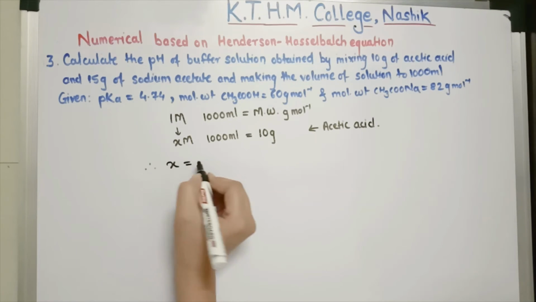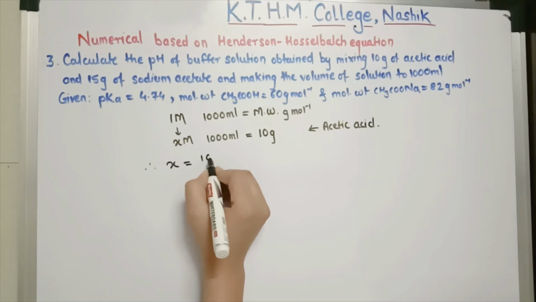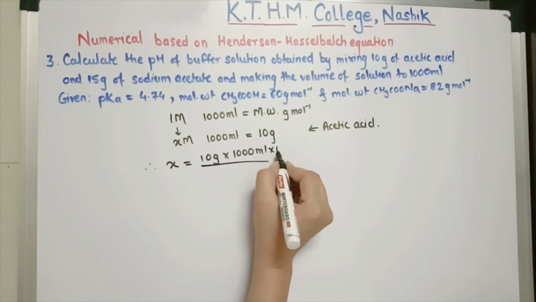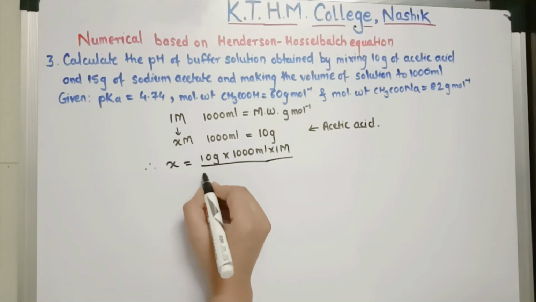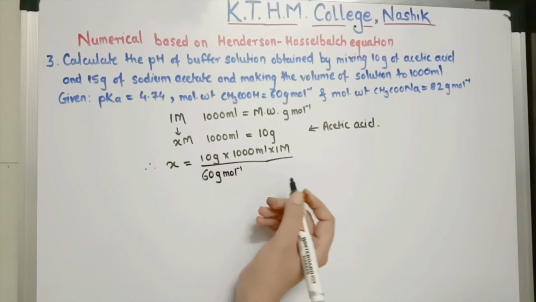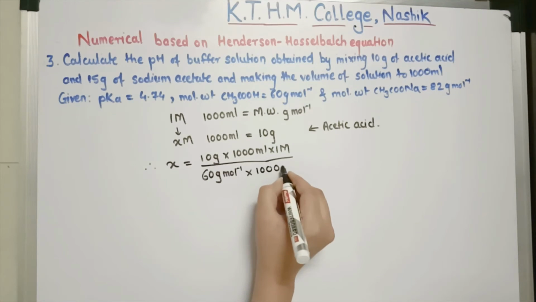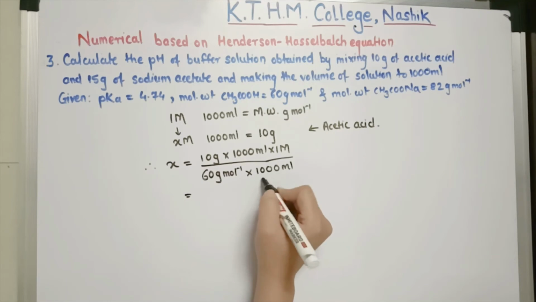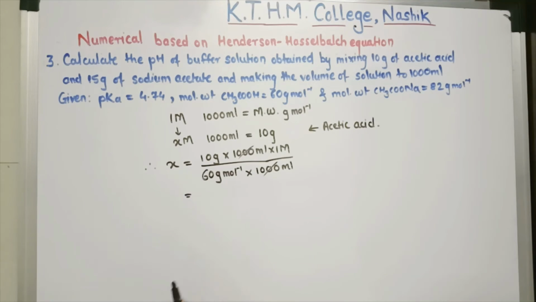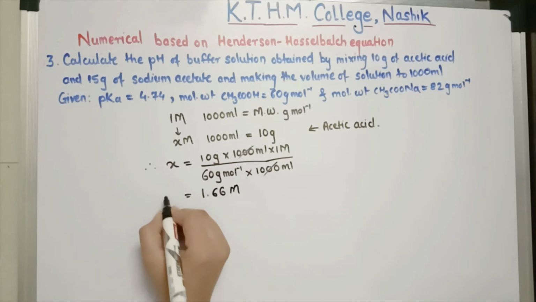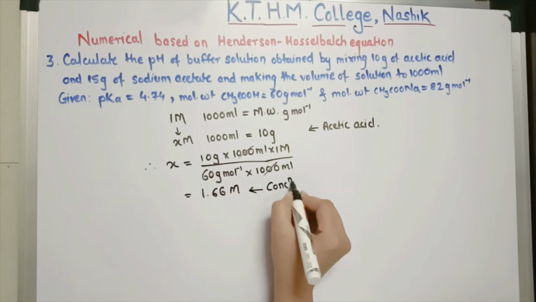Therefore, x is equal to 10 gram into 1000 ml upon 1 mole. The molecular weight of acetic acid is 60 gram per mole into this 1000 ml. So now this 1000 ml and 1000 ml get cancelled. 10 divided by 6 is equal to 1.66 molar. Okay, this is the concentration of acetic